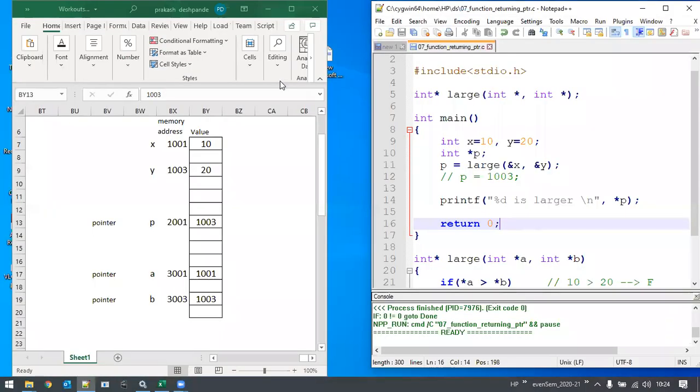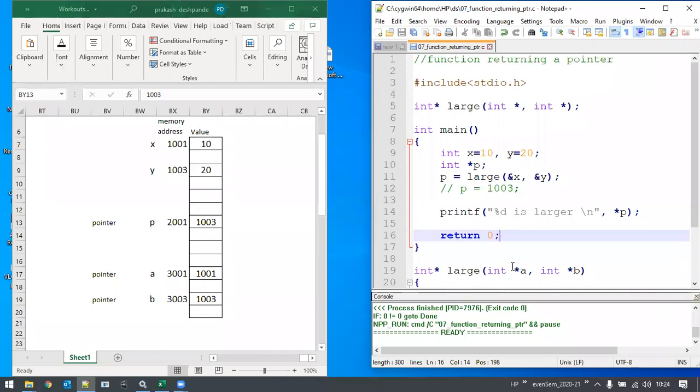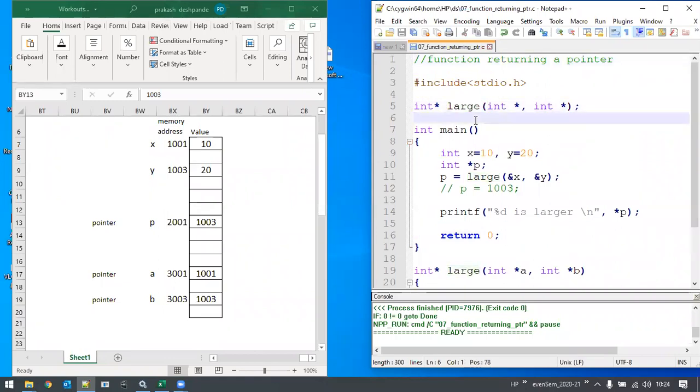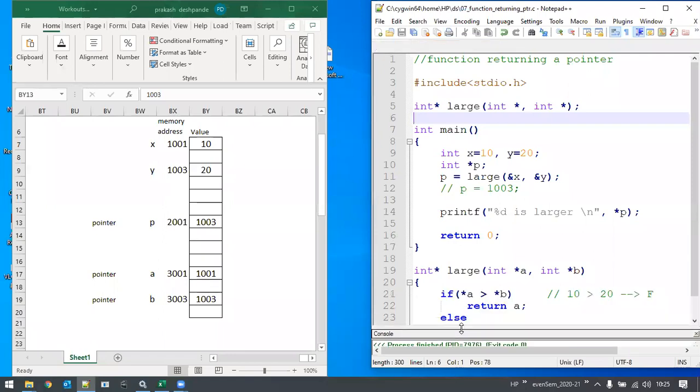Now, you may say, sir, why can't we simply pass the values and return those particular values, right? That can also be done. But here, the point of discussion is how we can return the pointers. Returning pointer means nothing but returning the memory addresses by the user defined function. To achieve that, a simple program is written here. We just wrote the simple program and try to understand how this particular program behaves by explaining diagrammatically the visual content of that particular memory block. Okay, if there are any doubts, students, please do ask.